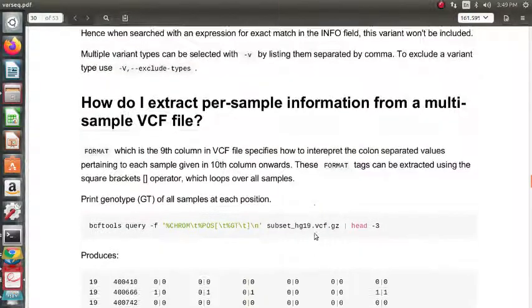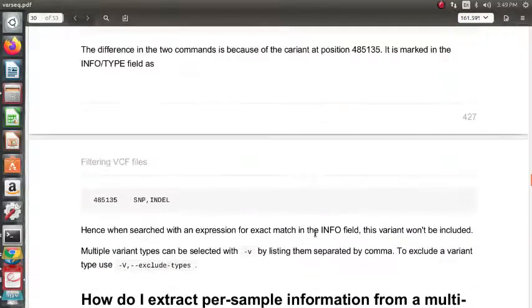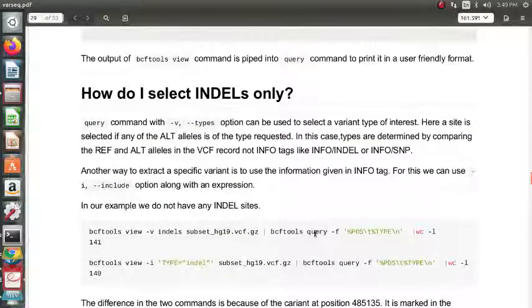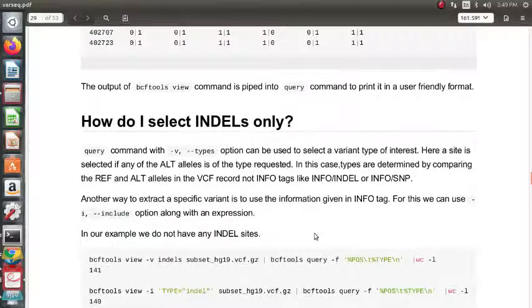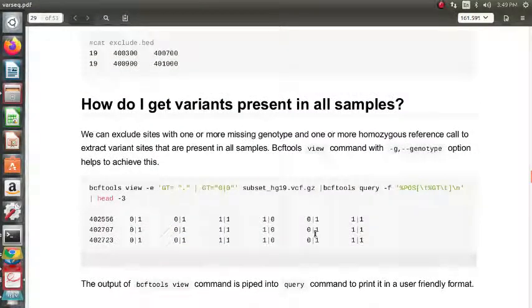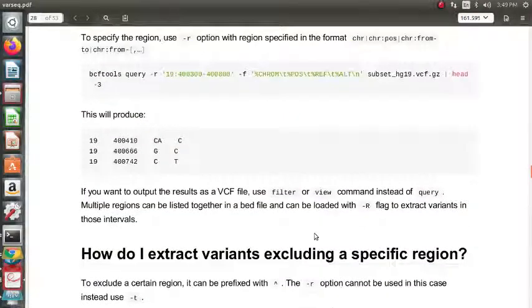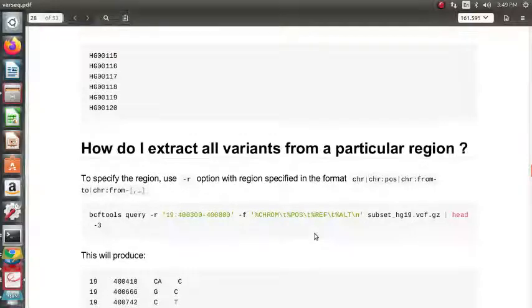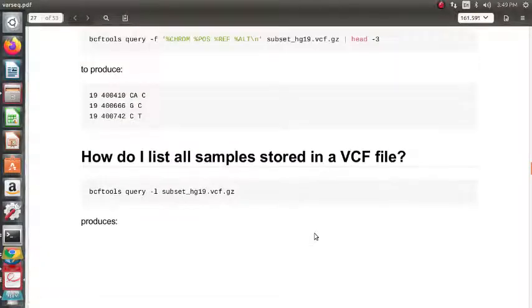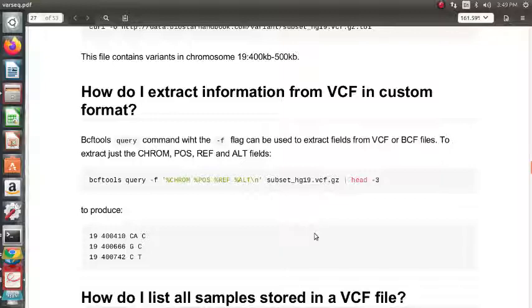Okay, to summarize today, for example, how do we select indels only? We saw that there are 251 indels in the VCF file, and we also saw how we can include and exclude a specific region in the VCF file, using the vcftools query command, and how to extract particular information from a VCF in custom format. We can choose the particular columns that we want. So choosing like this is also a way we can do, right? vcftools query -f up to here. If we do,